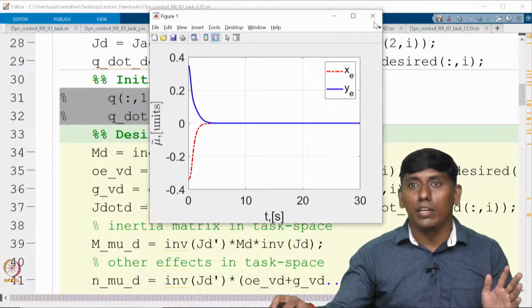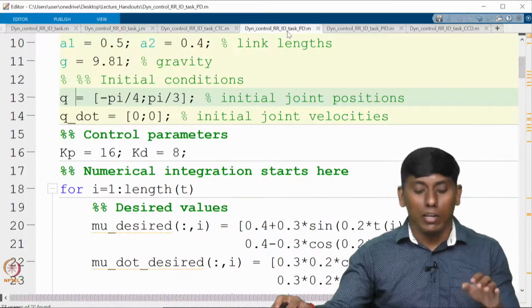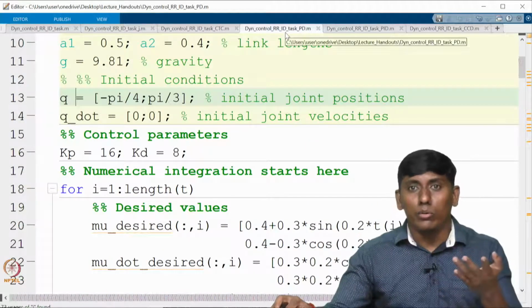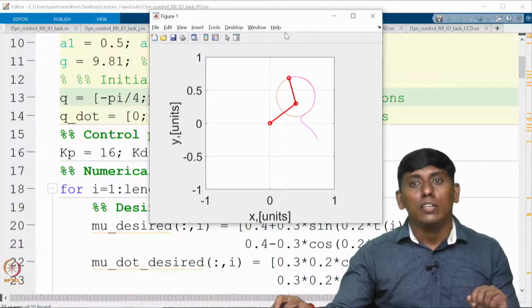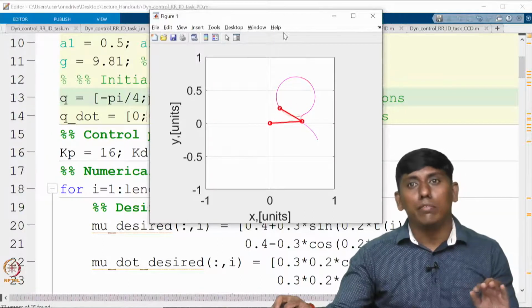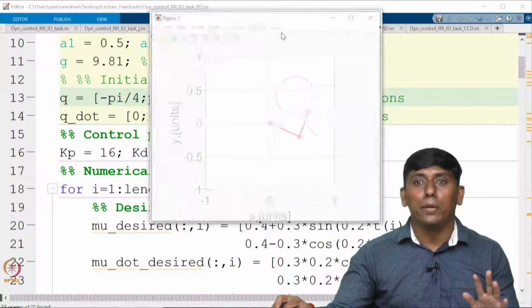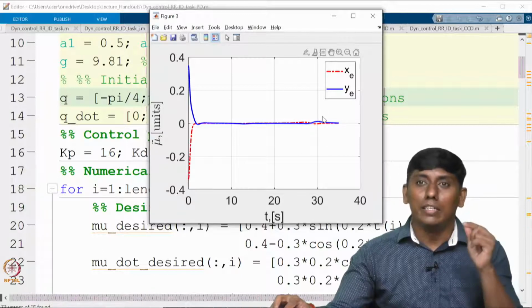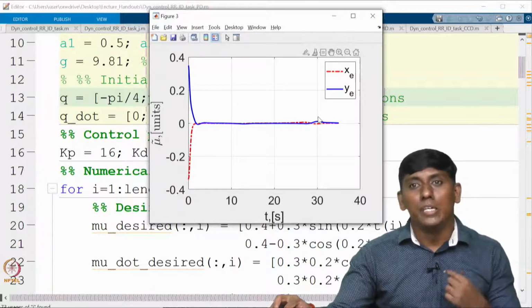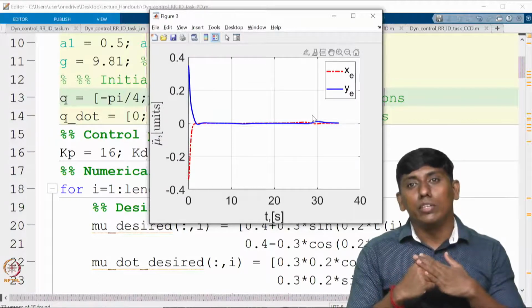Now you can see this is the error for this, but the PD control is giving a closer result, right. That's why I said if the gravity is compensated and you are moving at very slow speed, even the PD control is sufficient. That's why most industrial manipulators use PD control, but you can see small hitches here and there will come. This is due to the constraint on the Jacobian.